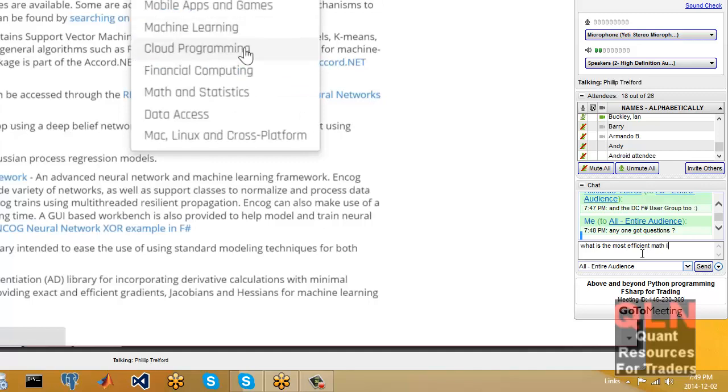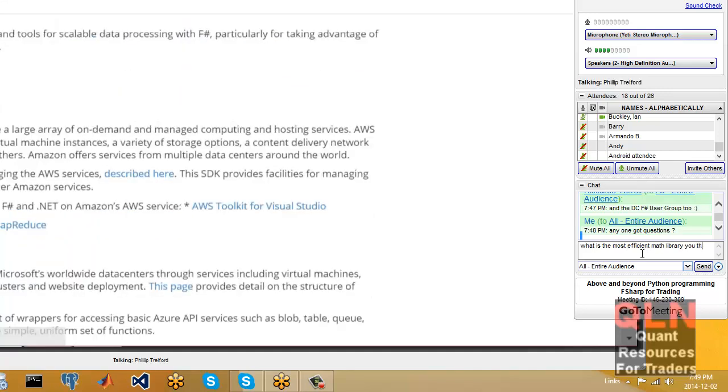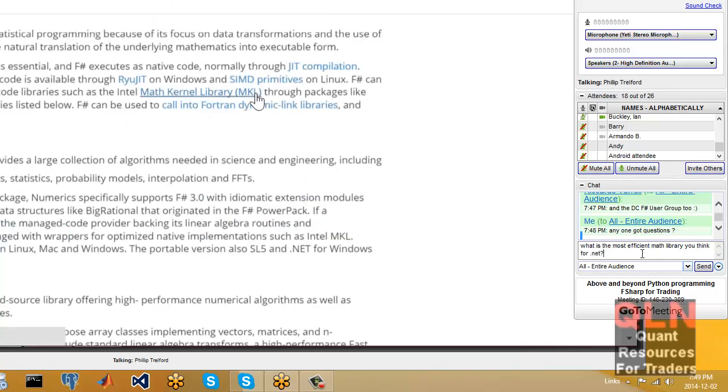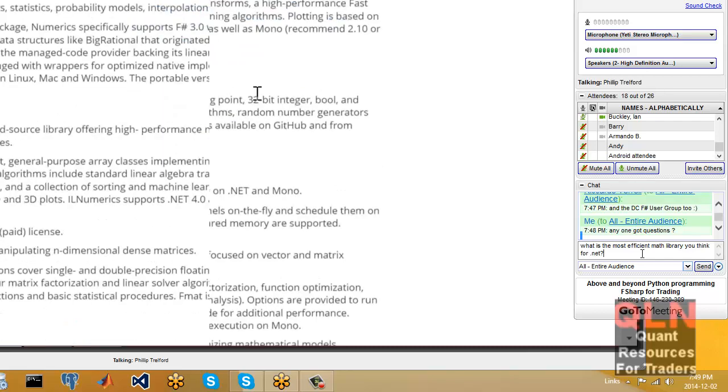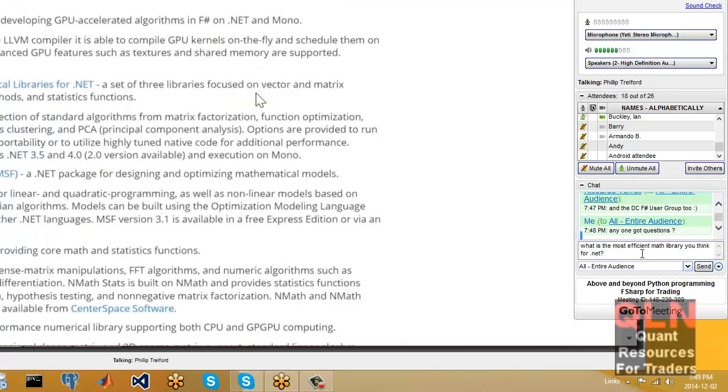So if you're looking at cloud computing and so forth, or math and stats libraries, we've got both open source and some really incredibly good commercial offerings as well.